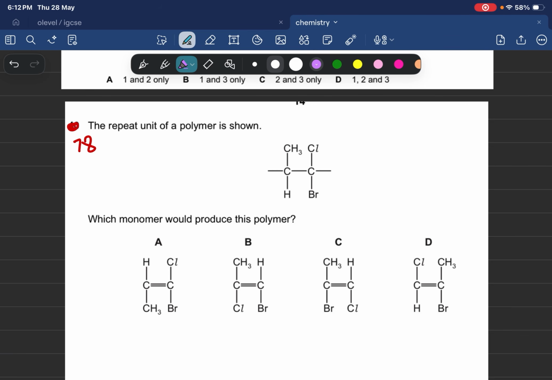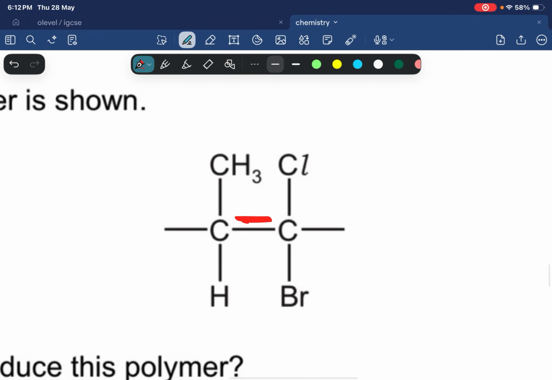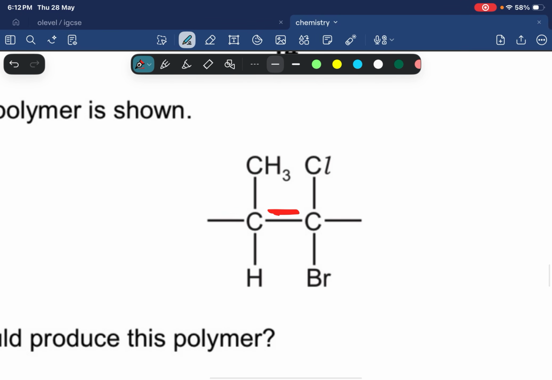The repeat unit of a polymer is shown. Which monomer would produce this polymer? Simple. Draw a double bond here. So if I draw a double bond here, do I get this? Always remember one thing. You know why I put this question? I just need to tell you, if you have one carbon, that same carbon, if it has a CH3 above